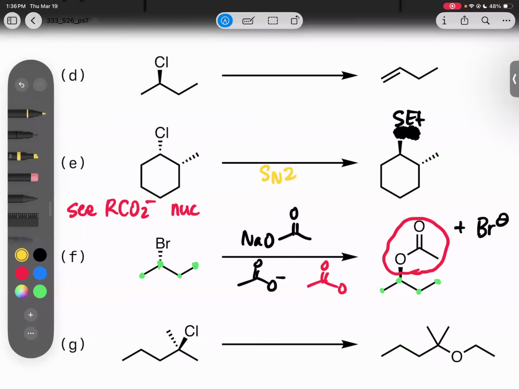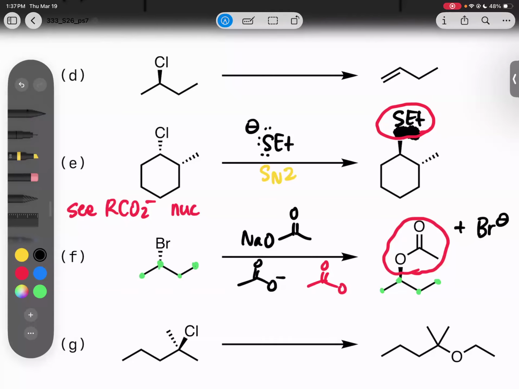And okay, everything in the product stays the same except the chlorine, and attached to that we have the ethyl thioether, SET. Okay. So what we need for the nucleophile there is just